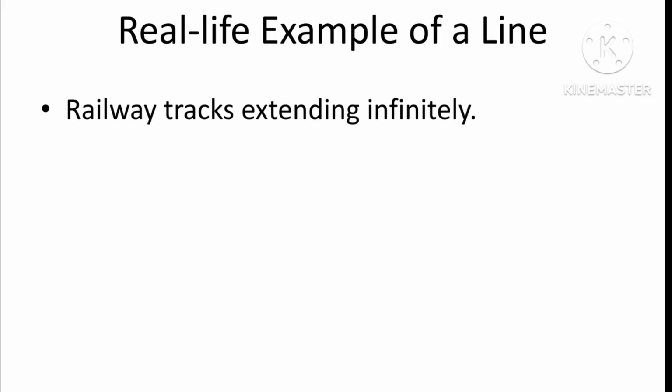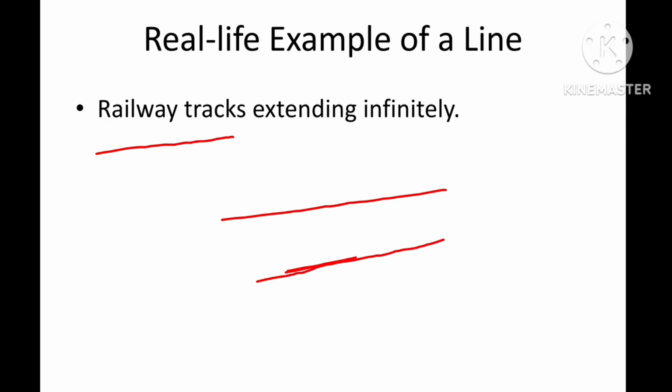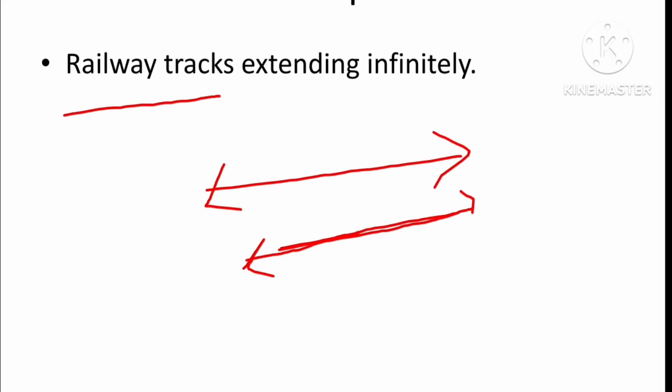Okay, next, real life example of a line. A real life example of a line is a railway track. All of you have seen the rail track. So this is the railway track. Both sides we extend endlessly. This is called a line. Okay,